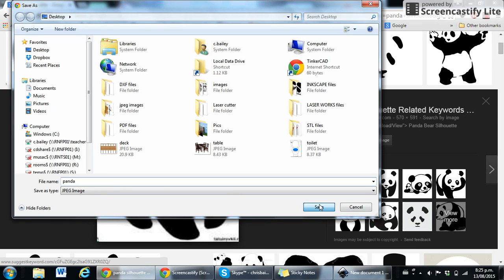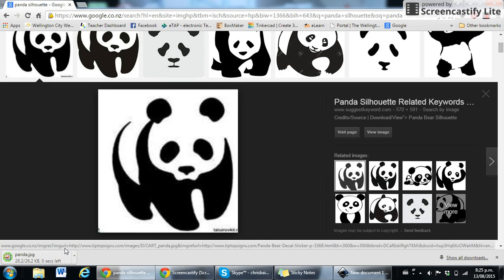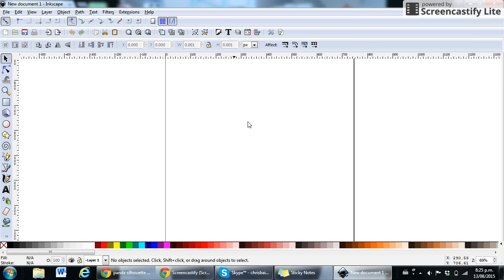Okay, so once I click save, that'll save it and bring it up into a downloads bar along the bottom here. So we've got two options now. The first option is we can make sure that we've got our Inkscape window open here. So this is it here. This is my Inkscape